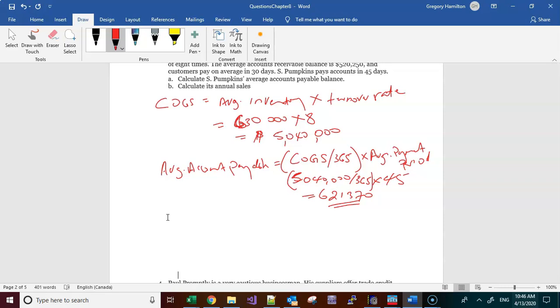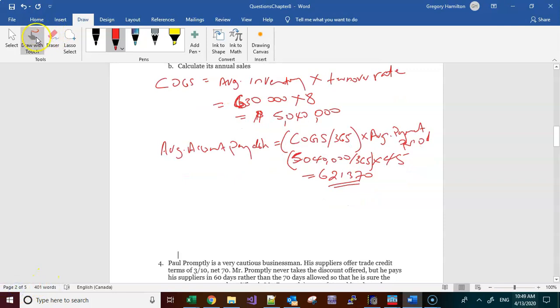The annual sale would be equal to the average AR, let's write AR for accounts receivable, multiplied again by our 365. So on average, we would have AR of